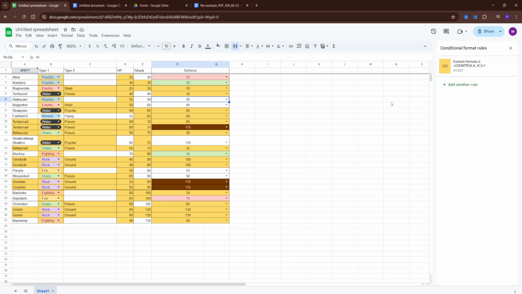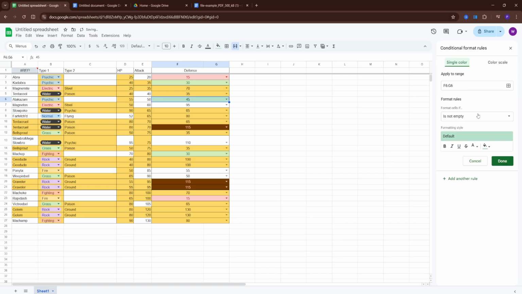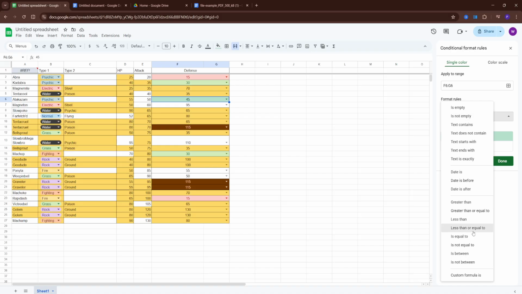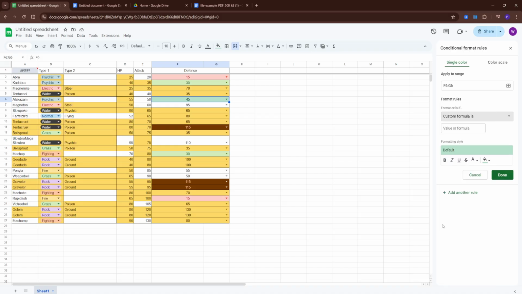In the sidebar, under Format cells if, select the last option, Custom formula is, and now we can enter our formula. So use the $ sign to lock the column you are checking. For example, what you are going to do here is use something like that. It's equal, dollar